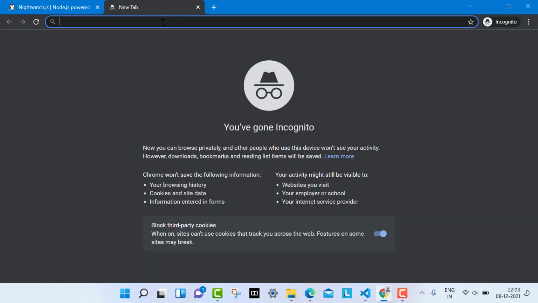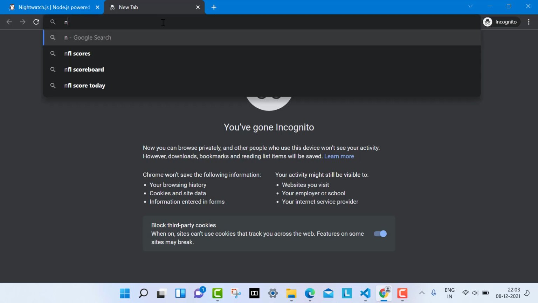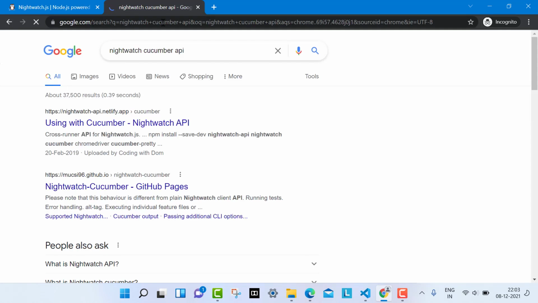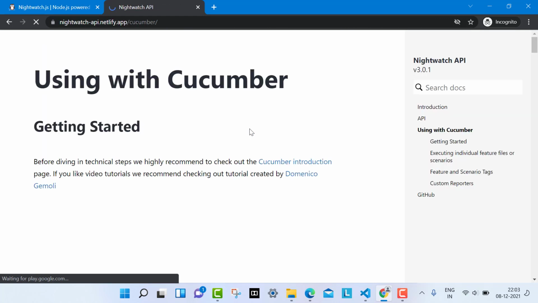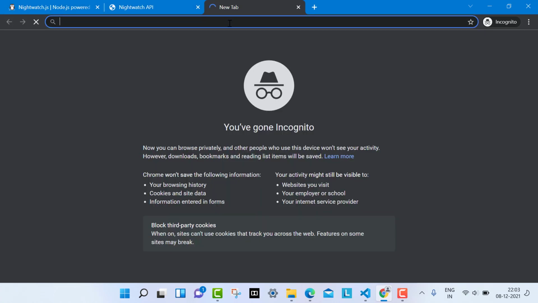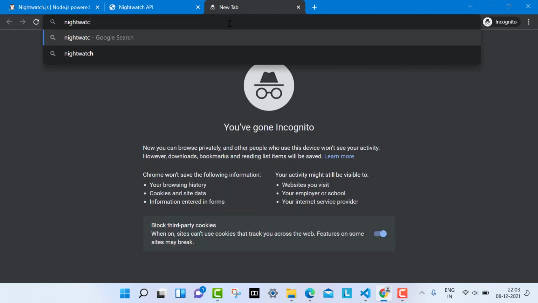Now, when we were using the older version of Nightwatch, let's see what was happening. I am going to search for the Nightwatch Cucumber API, and let me open this. This is one link. We will come to that link later.